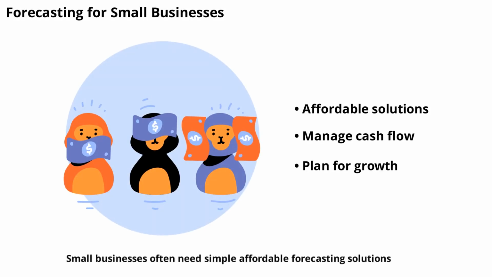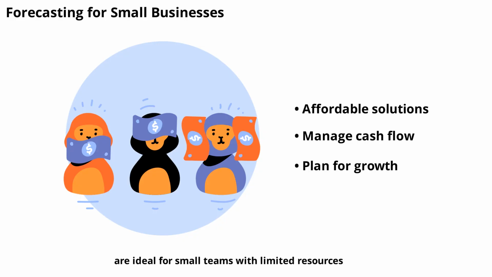Small businesses often need simple, affordable forecasting solutions. Tools like Excel, Google Sheets, and dedicated apps like Float or LivePlan are ideal for small teams with limited resources. These tools help you manage cash flow, plan for growth, and make informed decisions without the need for complex software